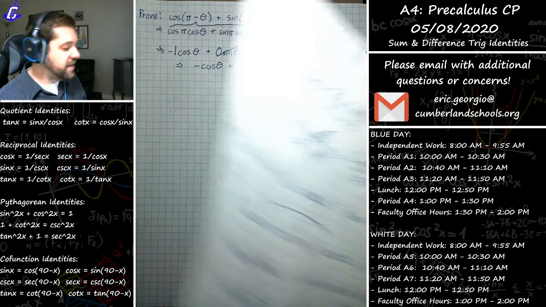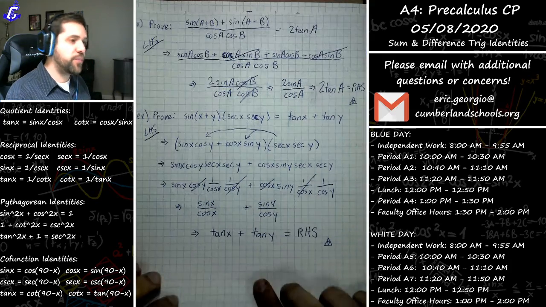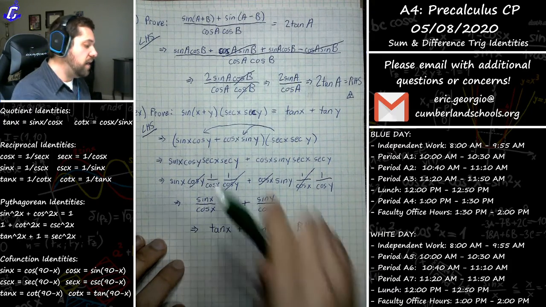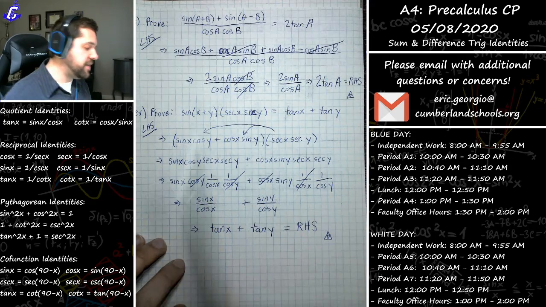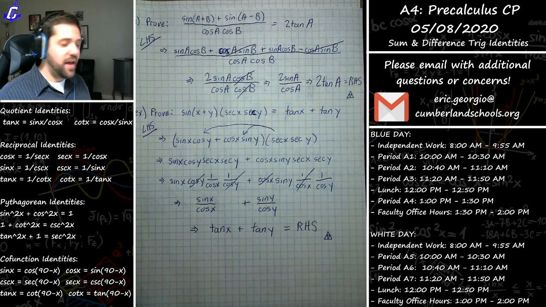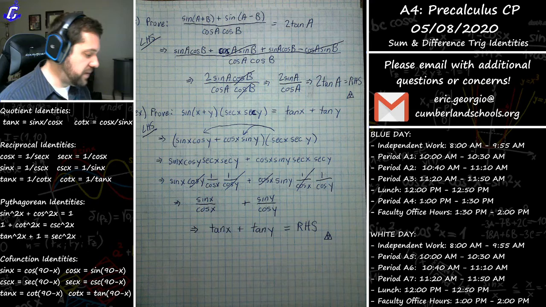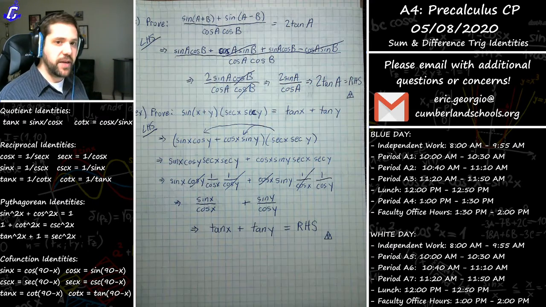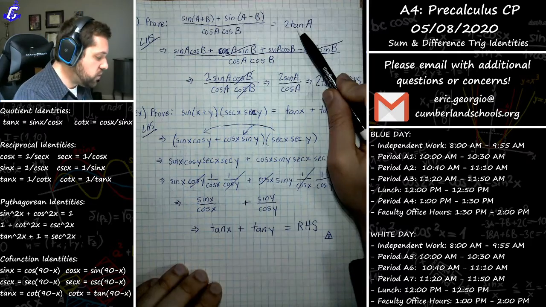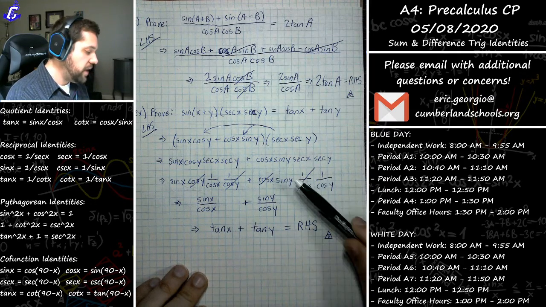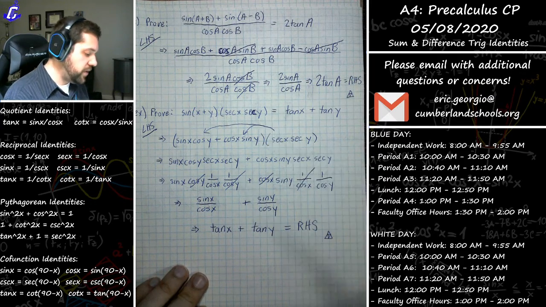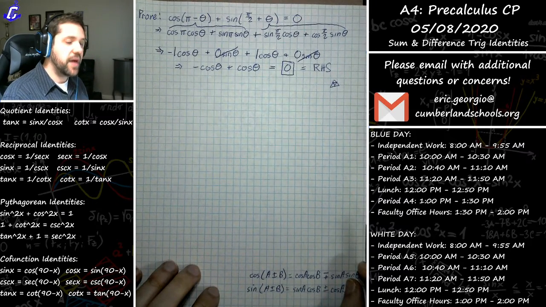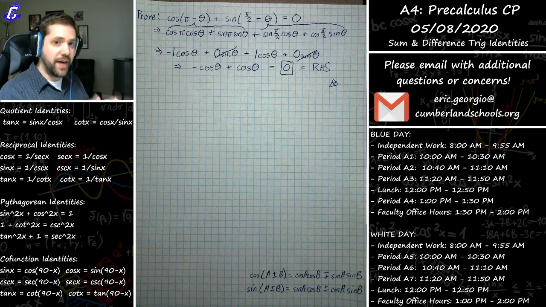That then extends to proofs, which are really the same as simplifying, just with an end goal. They allow us to interject all of these sum and difference formulas, and they work the same way as the problems we've been doing before, where I apply my identities, I try and simplify my terms as much as possible, and I work towards this goal. We saw that in this problem, we saw that in this problem with a little bit of distributing, and we saw that in this final problem with, again, a little bit of expansion and combining like terms.